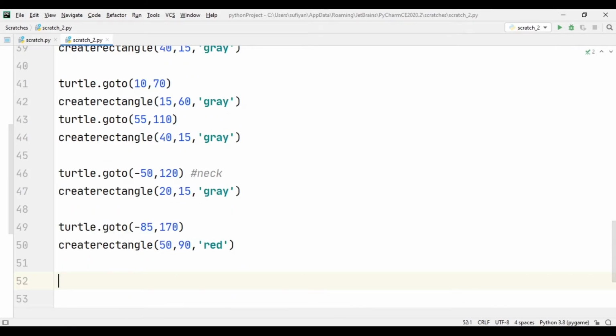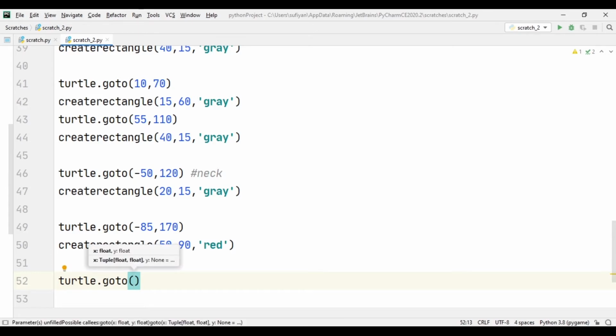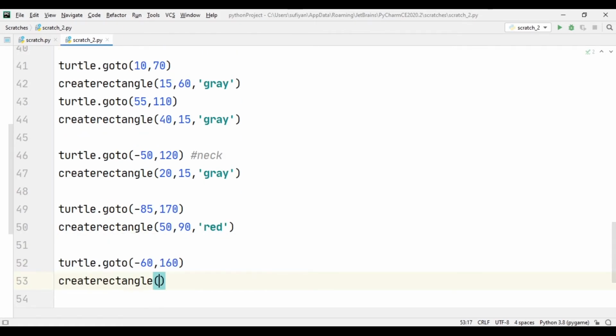Then for making the eyes, turtle.goTo -60, 160 and create rectangle. 10, 40, color is white.